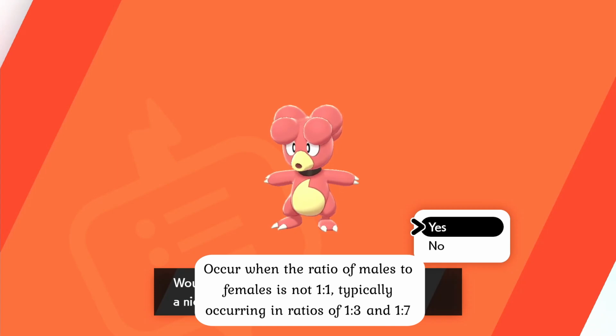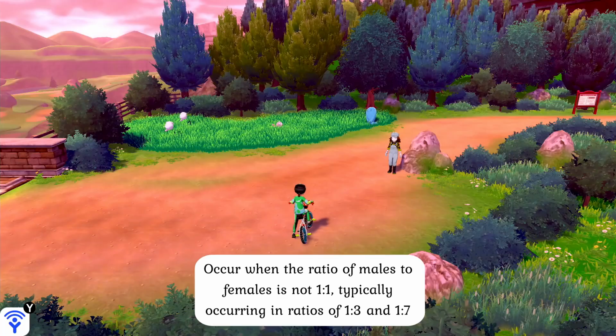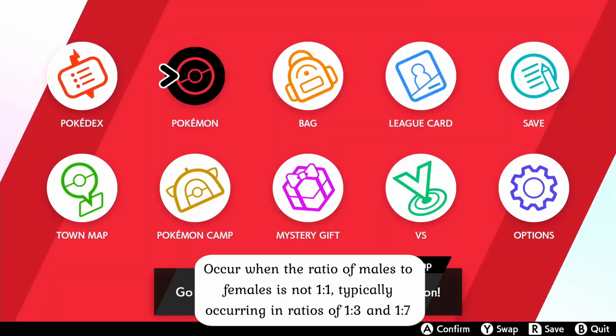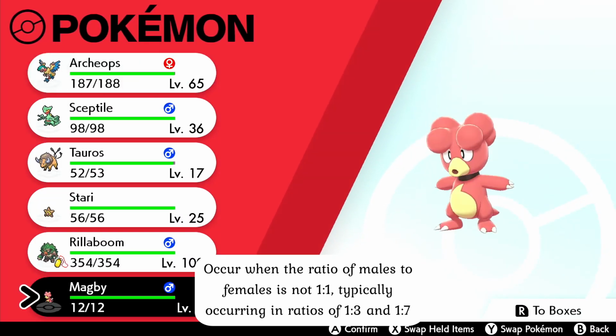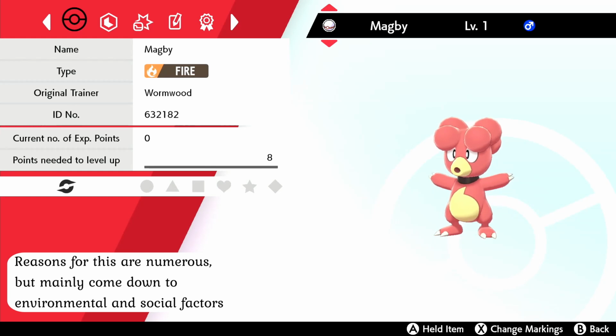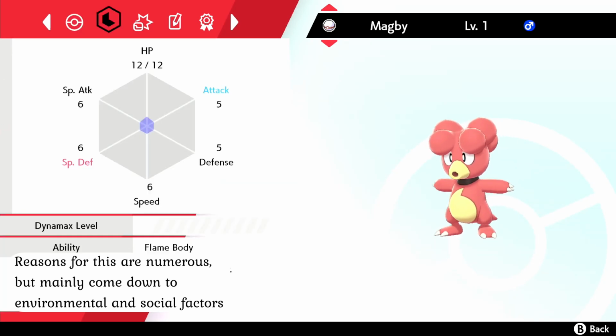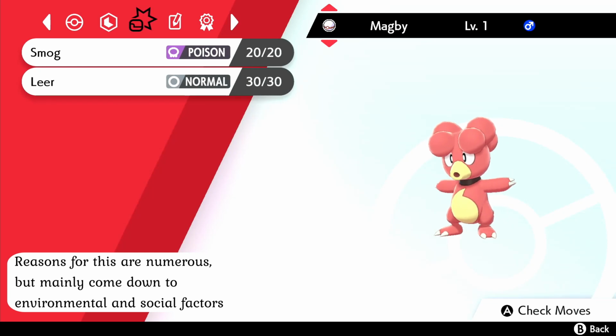being one gender and 75% of being the other, or have a 12.5% chance of being one gender and an 87.5% chance of being the other. Between the ratios where males are more plentiful than females and vice versa, there are a lot of possibilities as to why that may be the case, but there are two different major reasons for why this likely occurs in nature, with both at least being similar in that it is mainly a result of environmental and social factors for